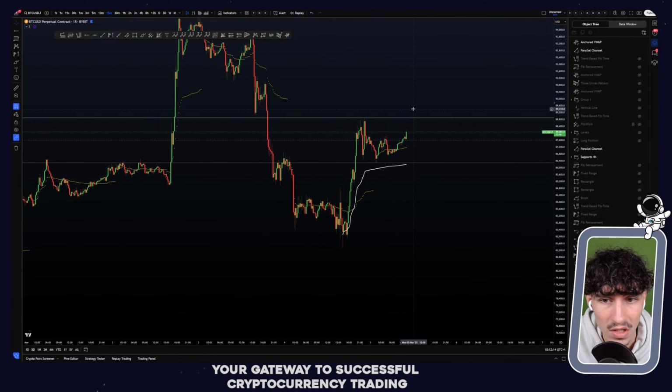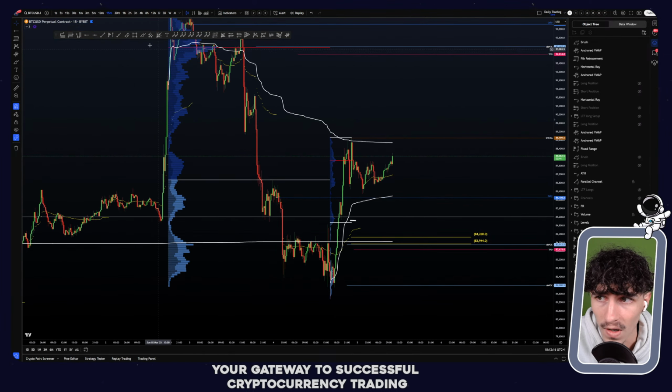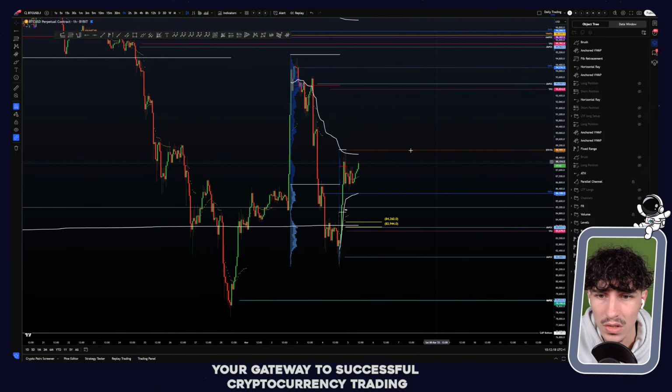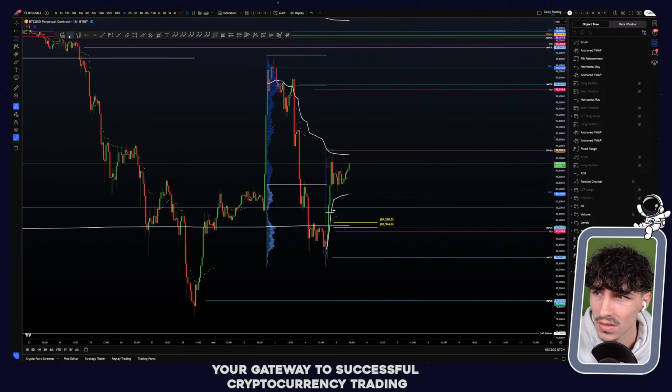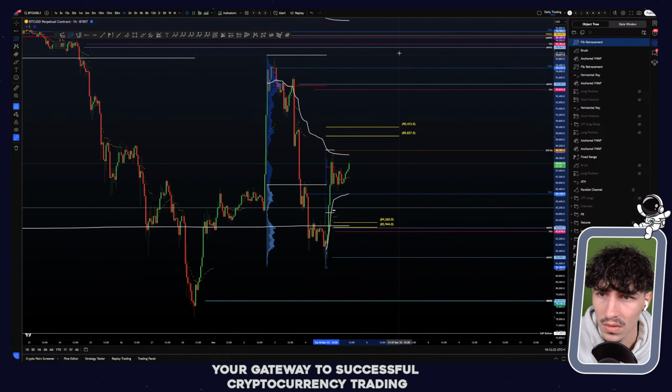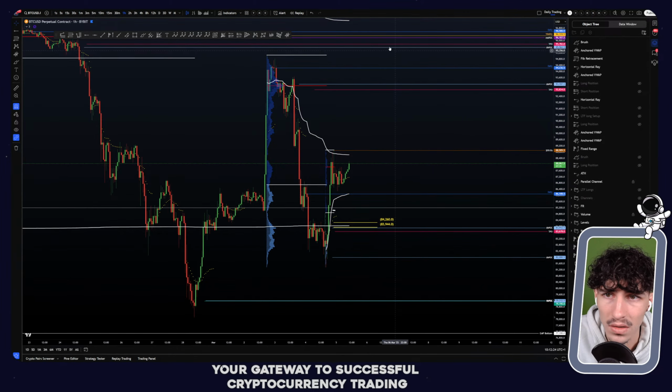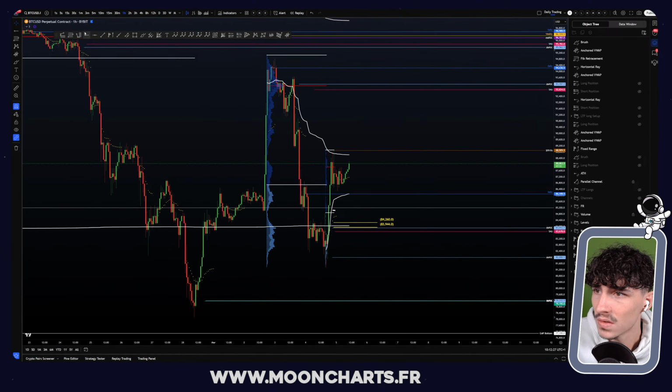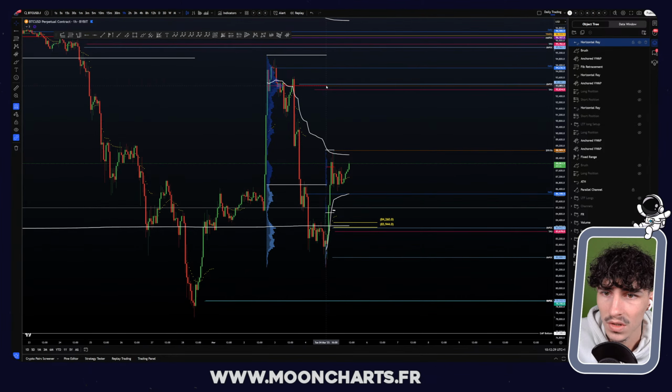If we break this range here to the upside, let me go here on the 1 hour, but basically, alright, so next target is this, if we really break out,